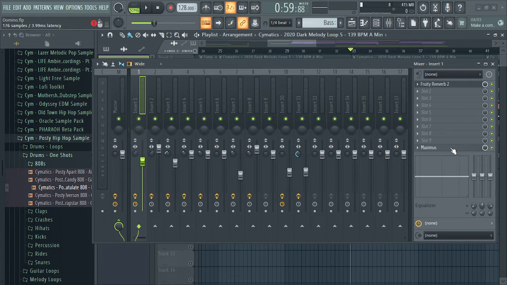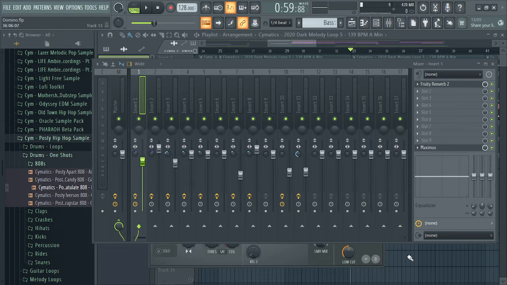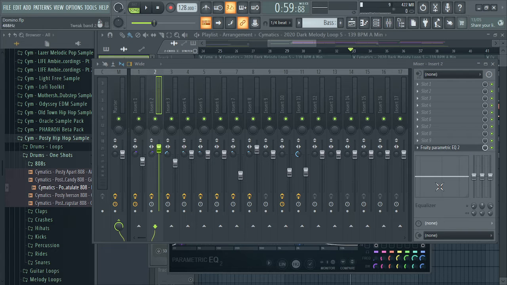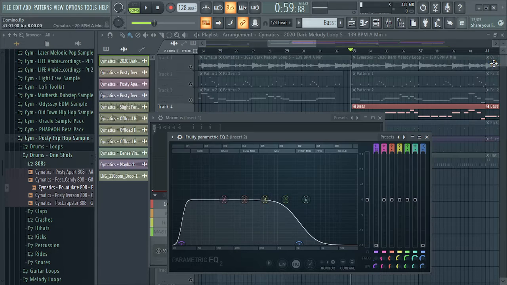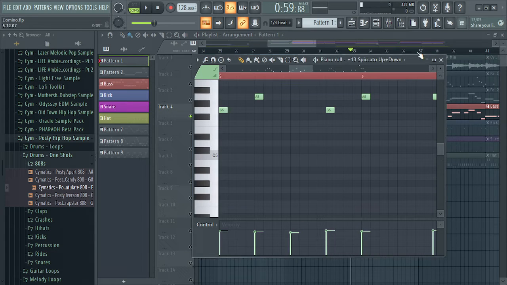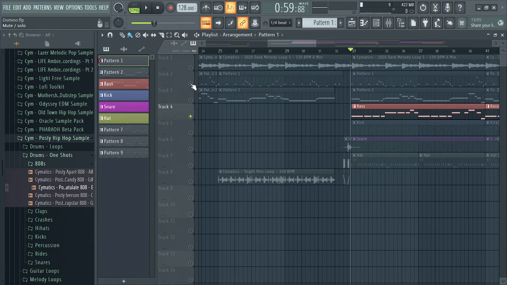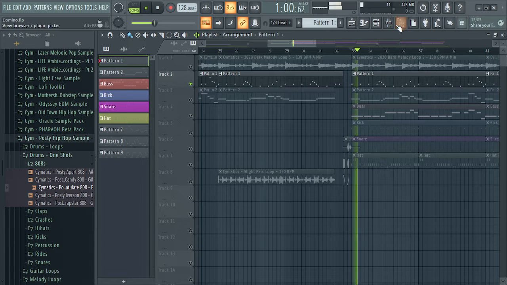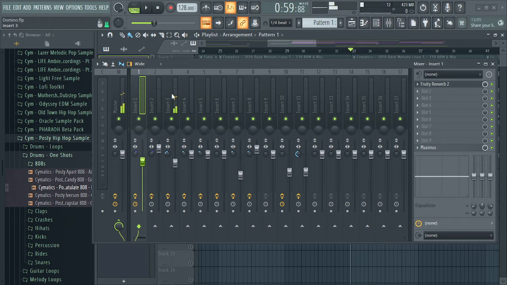The first one I've used, okay, Maximus. I don't know why I've used that. Okay, I'll just try the second one, the second track. Okay, this is the second track, I guess. Wait, I'll just check. No, this is third. Okay, so I've put on some delay and reverb, but the most important thing when it